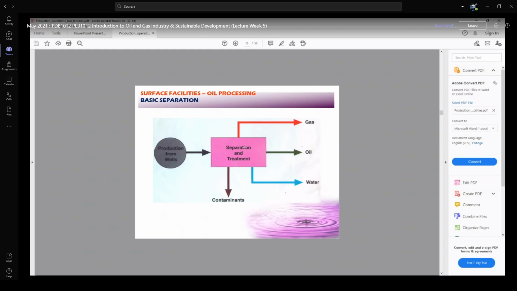Then only the oil, gas, and water has to be passed through the separation process. So from here, the first thing to separate out is the gas, right? The gas has to go out from the separator. Then the liquid stream, which is oil and water, has to move to the next stage where we separate oil and water. Oil will go its way to the storage, and water will go either to the disposal well, or we have to process this water again, and we can use it for different purposes.